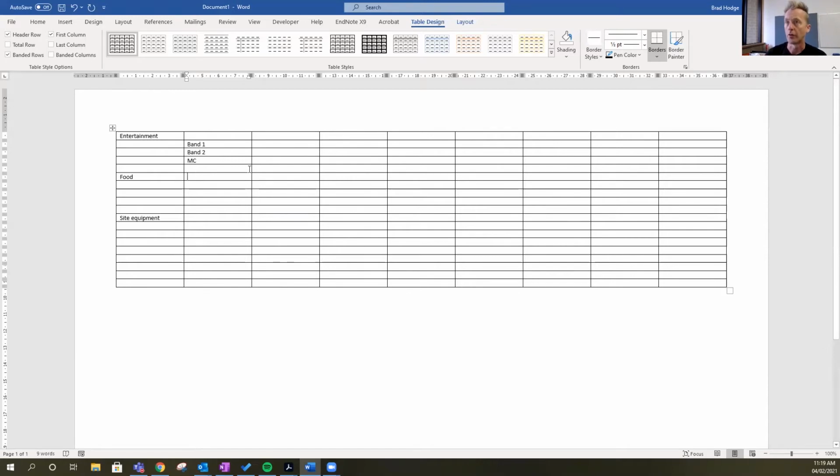When we're thinking about food, we're talking about food vendors. Now this one might just be a matter of arranging them. So we'll just call it by 3 because that's kind of one job rather than 3. Site equipment, we'll call this sound gear. What else? Marquees,